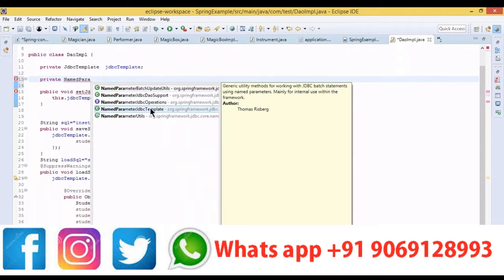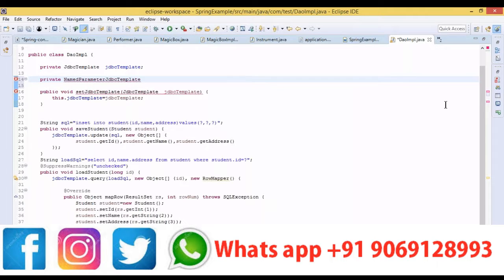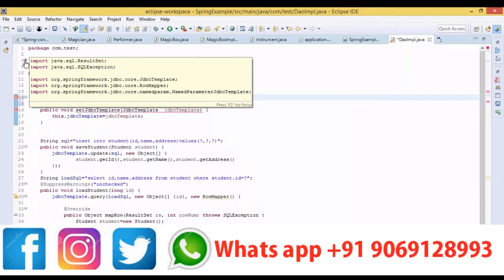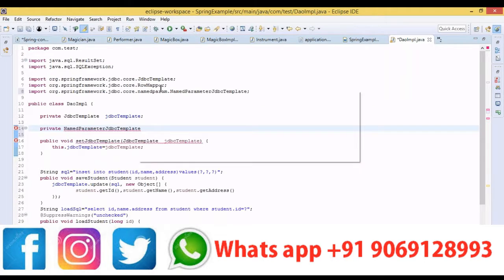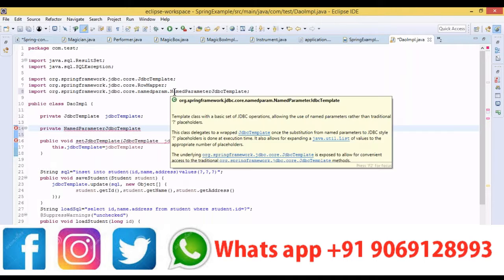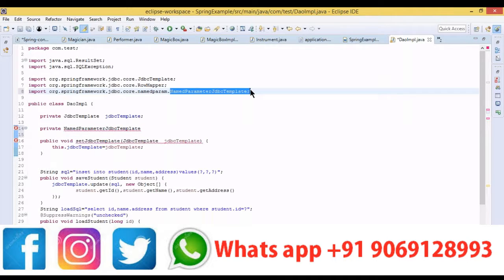So where is it? Here it is. NamedParameterJdbcTemplate. If you see the fully qualified class package name, it is org.springframework.jdbc.core.namedparam. After that we have a class called NamedParameterJdbcTemplate, right? So now we need to use